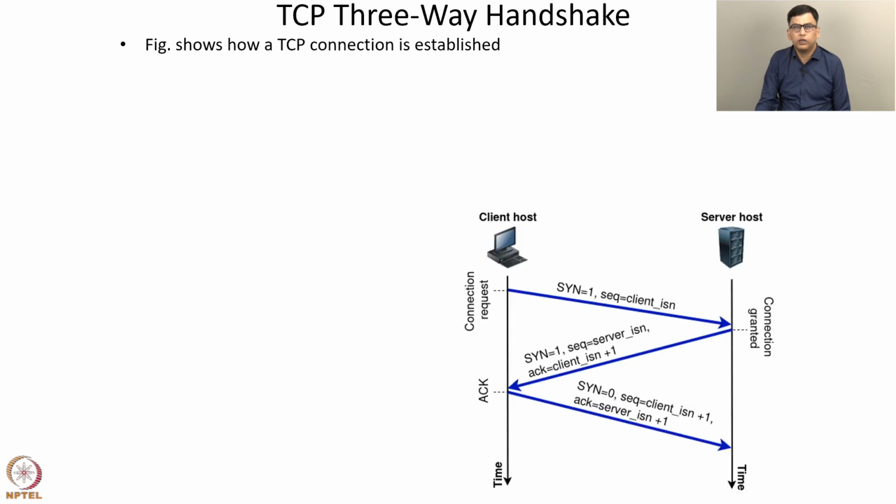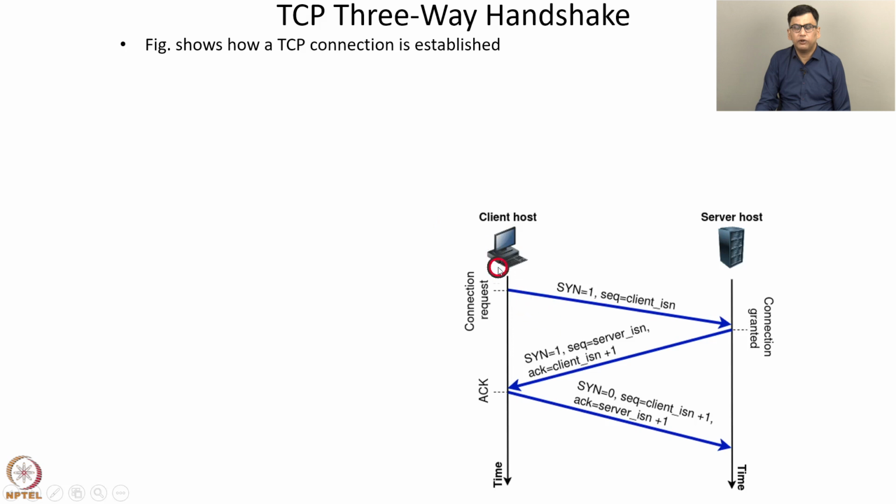Now, we discuss the TCP protocol in some detail. We will discuss how a TCP session starts and how it ends. This knowledge will be used later to understand firewalls better. A TCP session starts using a TCP three-way handshake. That is, three messages are exchanged between the endpoints of the TCP connection.